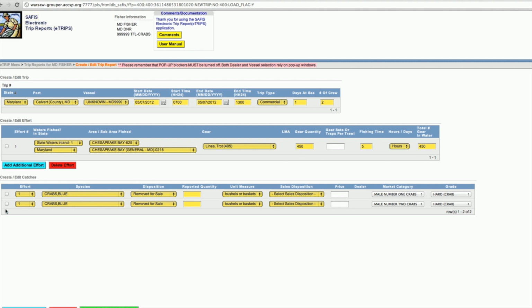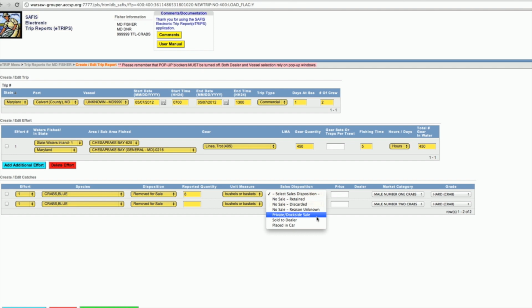The next section is editing and adding catches. So you'll see that we have the male number ones and the male number twos listed that we added in the favorites section. So we can report the quantity here. Let's say we had 8 bushels. We have to select the sales disposition. So click on that.